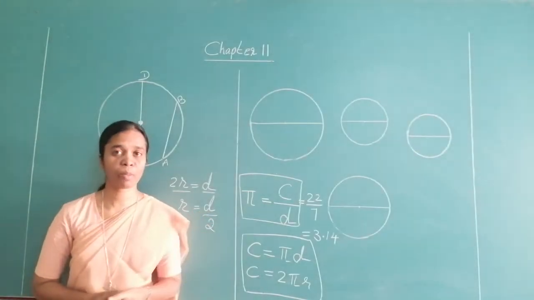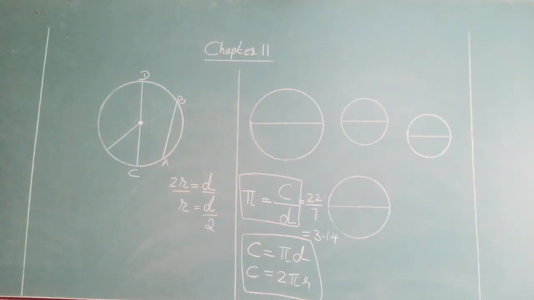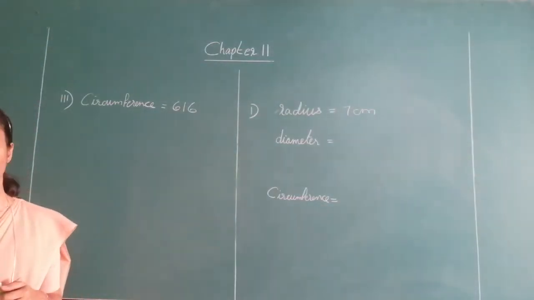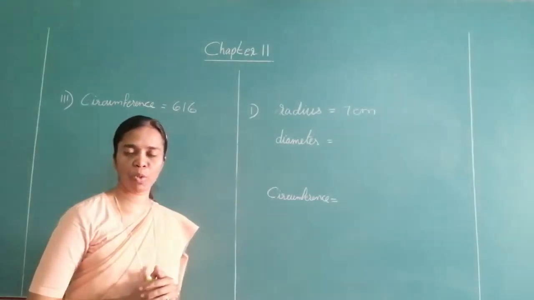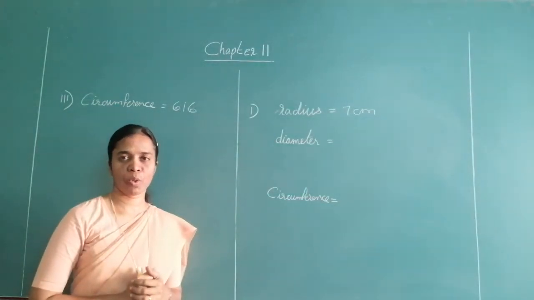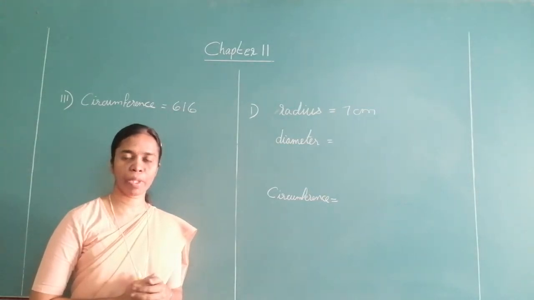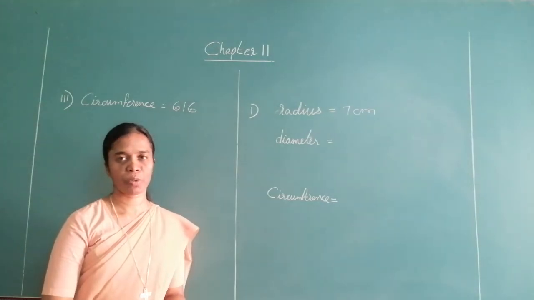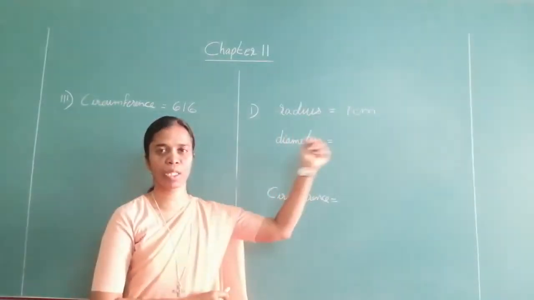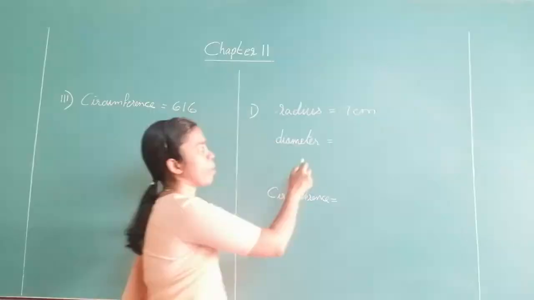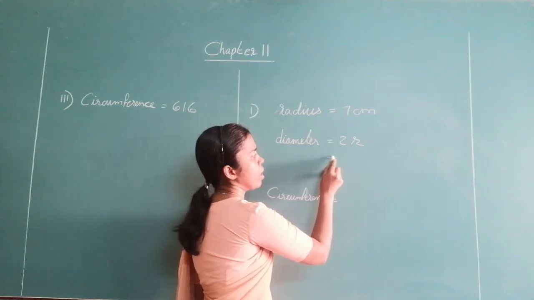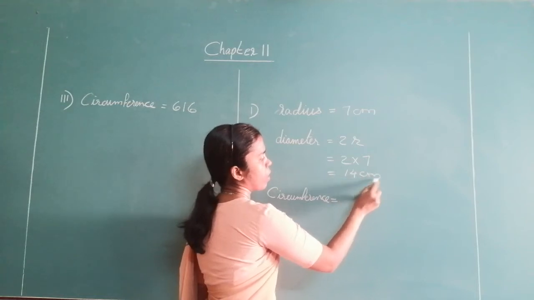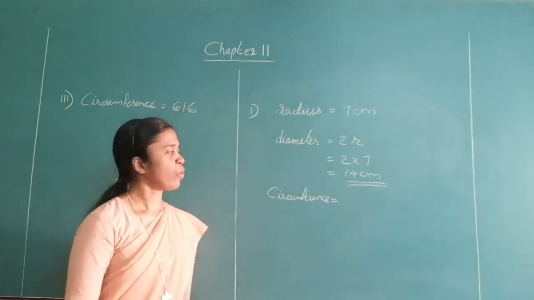Okay. So let us look at the first practice set. You have practice set 42. The first question, you are given a table over there. Certain values are missing in that table. If you look at it, the first column is radius, second one diameter, then the third one circumference. How do we get the missing values over there? The first one, radius is given 7 centimeter. How do you find diameter? You know the diameter is equal to 2 times radius, that is equal to 2 into 7. How much is it? 14 centimeter.